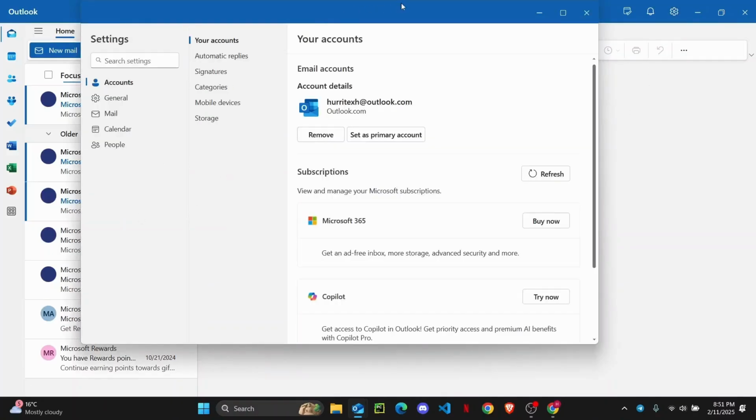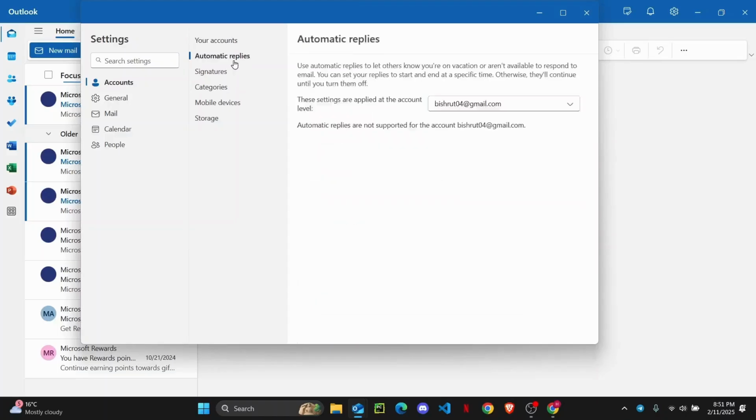And once your settings is open here, you'll find your account section. And right here on account section, you have an option for automatic replies. Go ahead and click on this. And once you have selected your preferred account, you can go ahead and toggle this button to turn on automatic